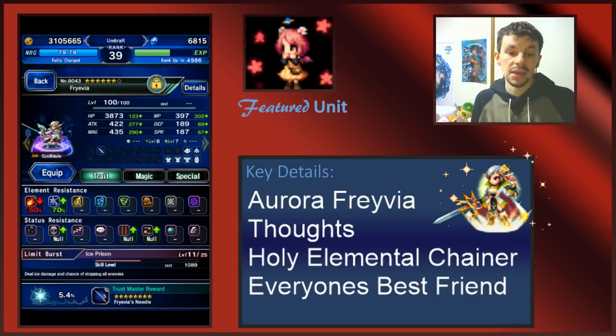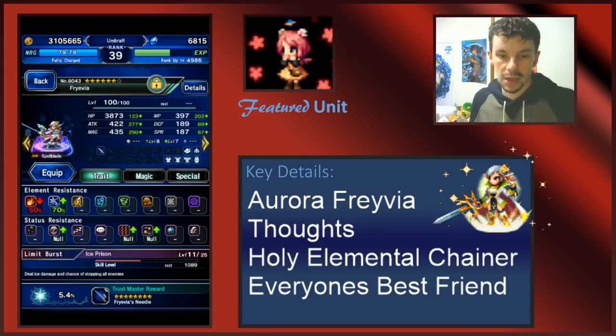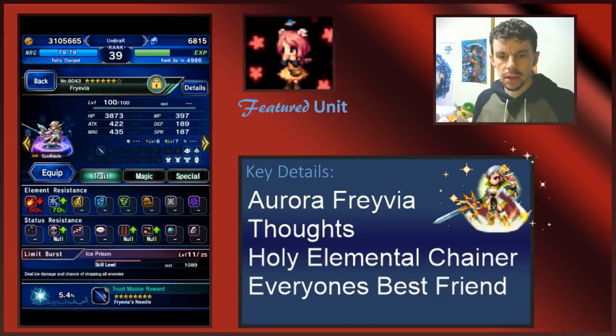She has an onion slice ability that inflicts blind and confuse, which isn't going to be super useful, but hey, it's a chaining partner for Onion Knight fans, so there you go. She has an AR chaining ability, so for Lunera, and if she is based on Holy Element, then that would be great. Here, it looks like it doesn't have an element on it, but